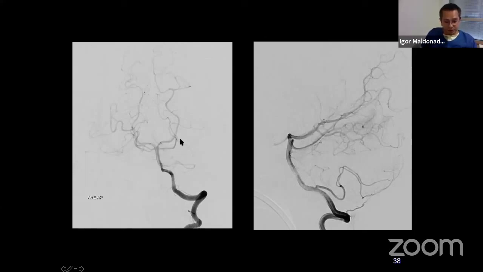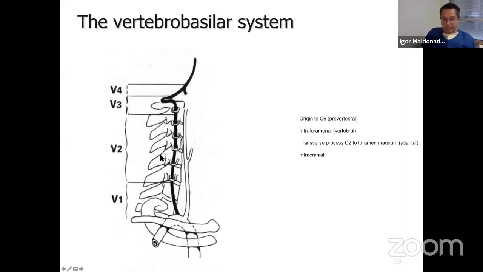For the basilar, we see here the superior cerebellar artery, the contralateral one, duplicated, bifurcated. We can have also duplications of all of those arteries. And also in this vertebrobasilar portion, the artery which is most prone to variations is the vertebral artery. So in the Fisher classification, we recognize 4 segments for the vertebral artery. One is the prevertebral segment, which is from the origin, from the superior aspect of the subclavian, up to the penetration in the first